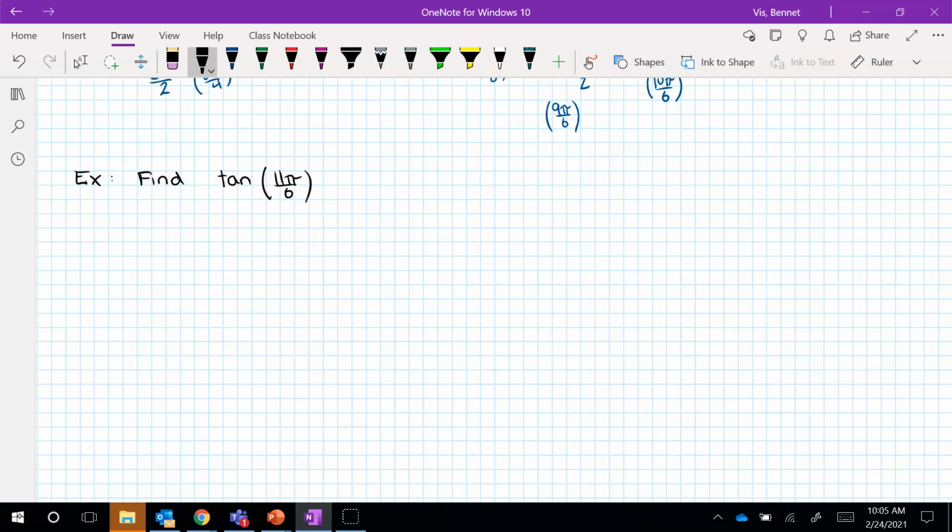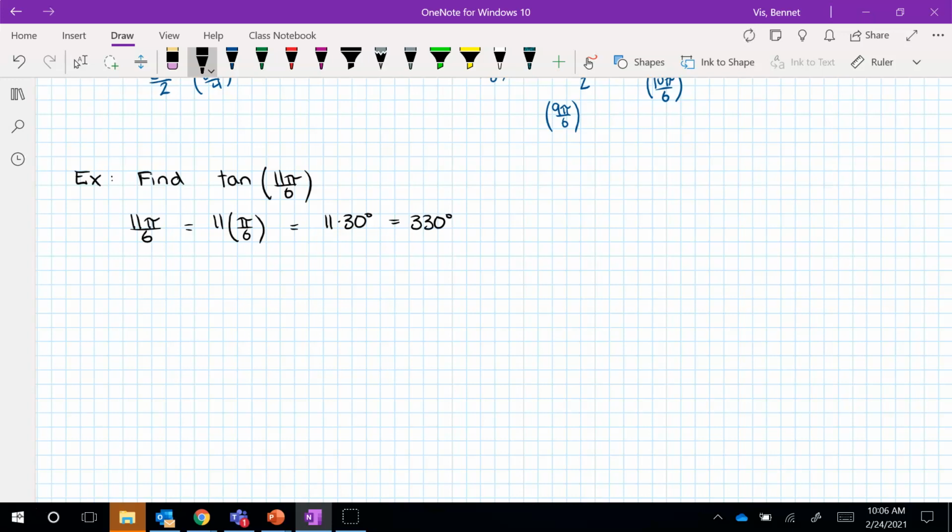If I have 11 pi over 6, there are two ways I can think about this. One is to say this is 11 pi over 6s. Where is this going to be in my degrees here? Well, I know that pi over 6 is 30 degrees, so this is 11 times 30 degrees, which is going to be